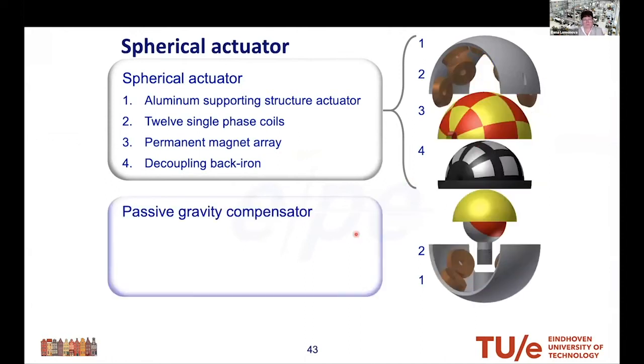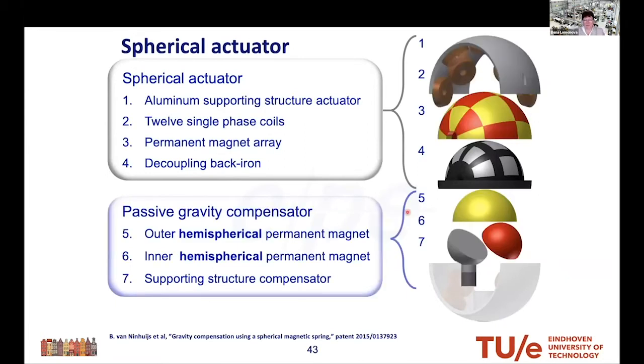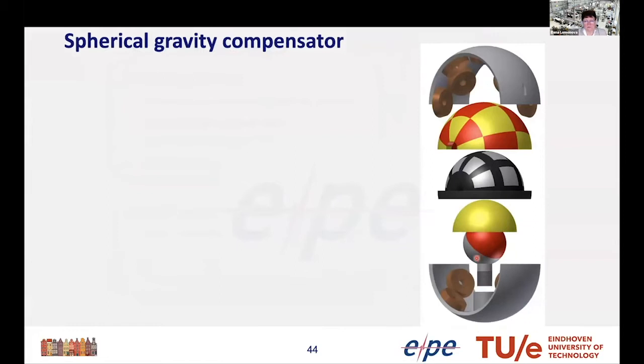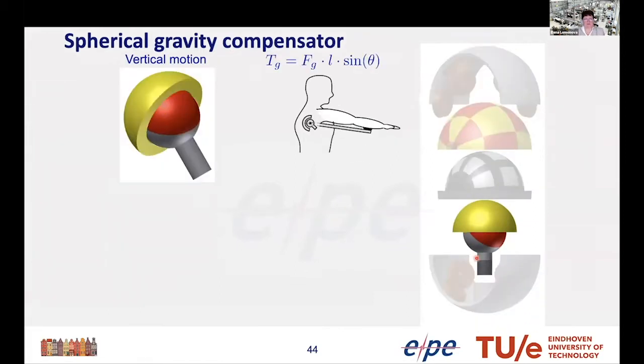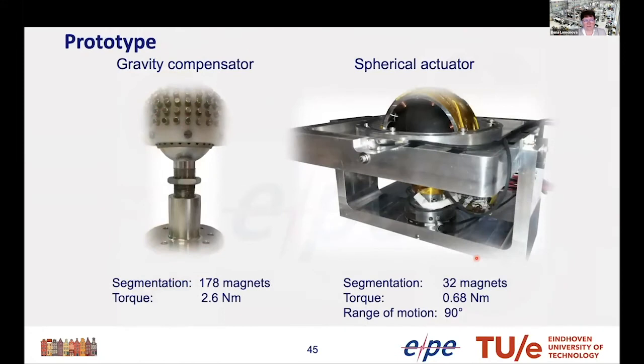Why? Because we are introducing additionally a passive gravity compensator done this way, with an inner hemispherical permanent magnet and supporting structure compensator. So overall, we have realization of such spherical gravity compensation, which provides all desired by specifications movement, vertical motion, horizontal motion, and the realization of the prototype with the simplification of the structure and with all desired characteristics obtained